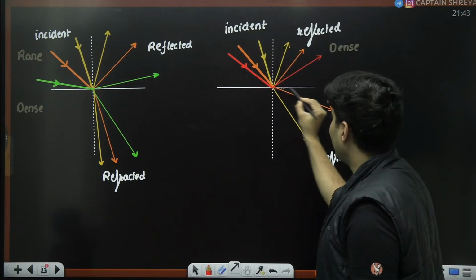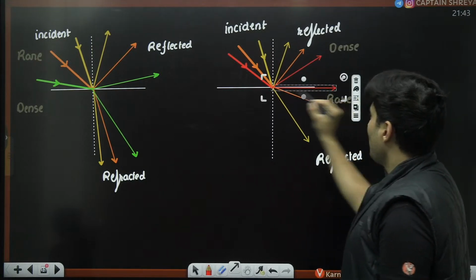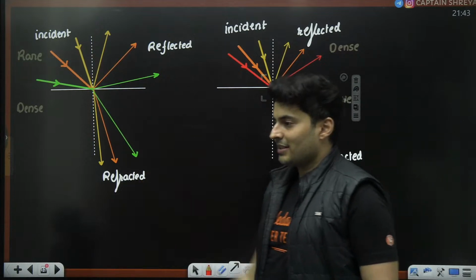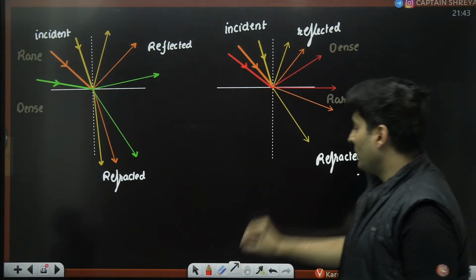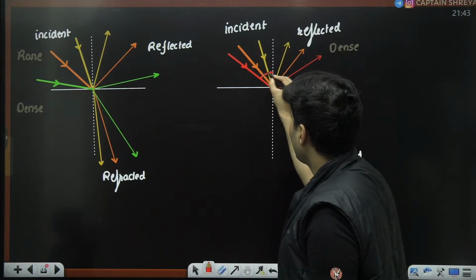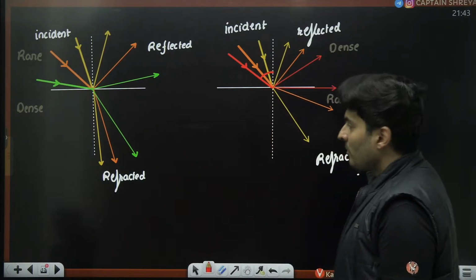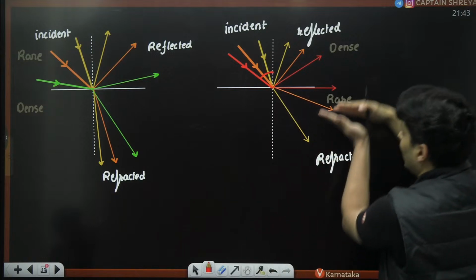But the refracted ray is almost like parallel to the interface. I mean, this is the maximum possible angle of incidence which is possible, because beyond this, you can't further refract